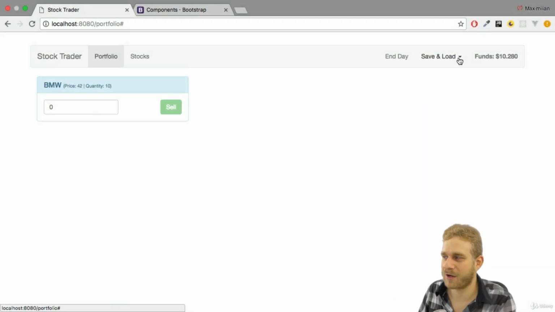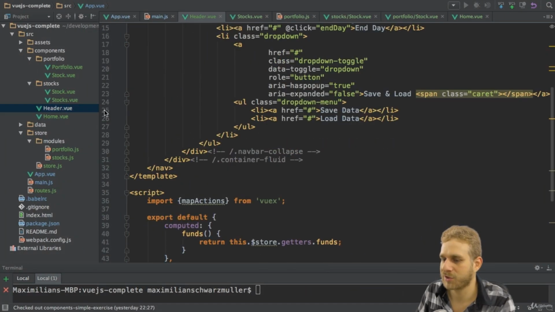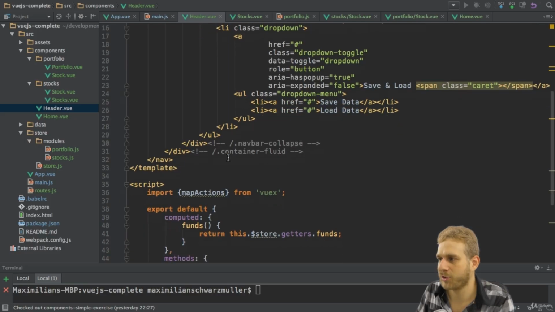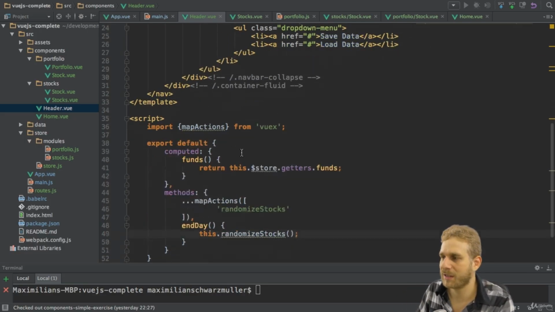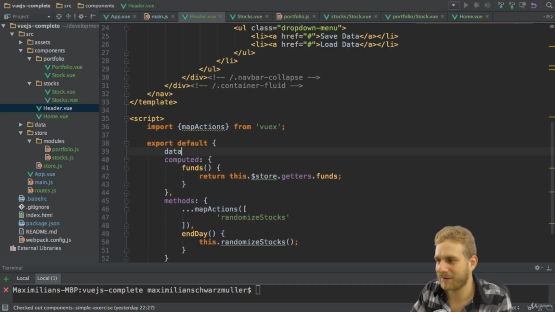Now let's make the dropdown work. I don't know if you already solved this, but it's part of the header component. So here's the place where we can simply put some code to make it work. You could outsource the dropdown in its own component, but I'll leave it in this component, and therefore I will